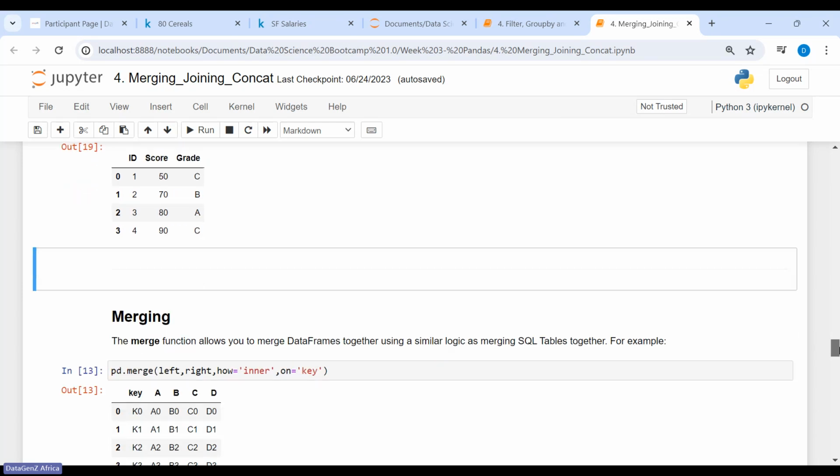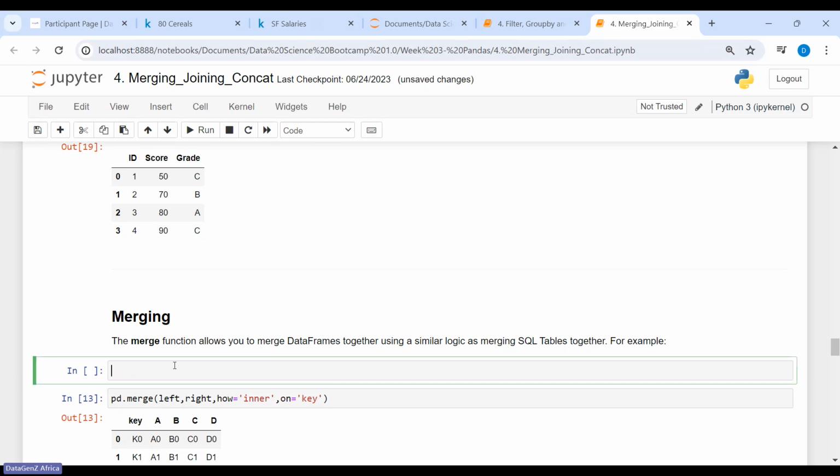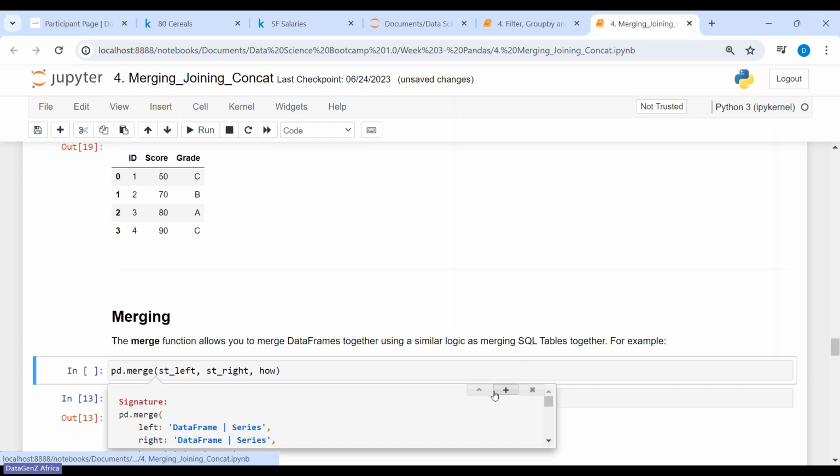So the first merge is the inner merge. That's what I want to explain. Now, what the inner merge does, this is the syntax: pd.merge, the first table, that is the left table, ST left, comma, ST right. Now, there is a how method. If you don't really know all of the arguments, you can just press Shift Tab or Command Tab on your system to see the details of the